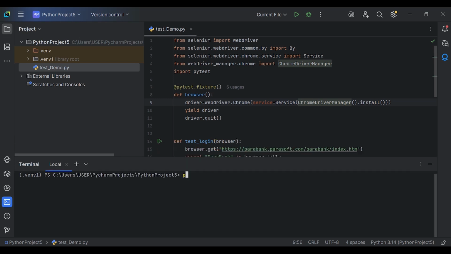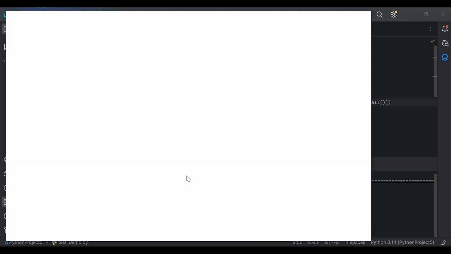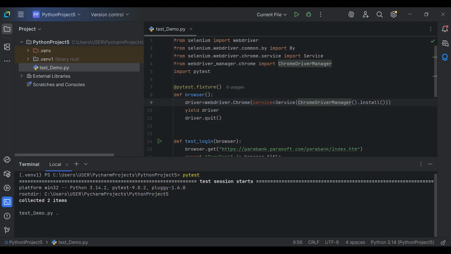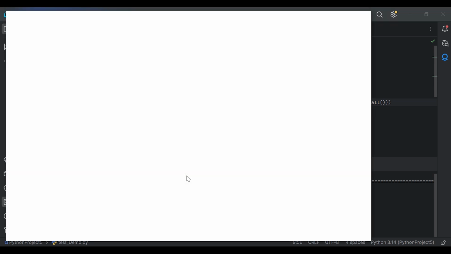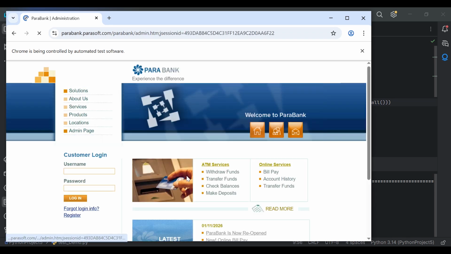As you can view here, test_demo, this is the file name. First, it will navigate to this URL and verify that this title should be displayed, which is Parabank. One test case executed successfully. Now it will run the second test case. It will open the Chrome browser, then click on the admin page and then close the browser, because here we defined driver.quit. And the second command is